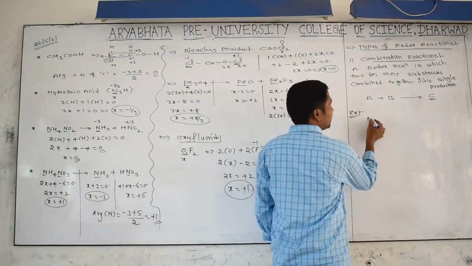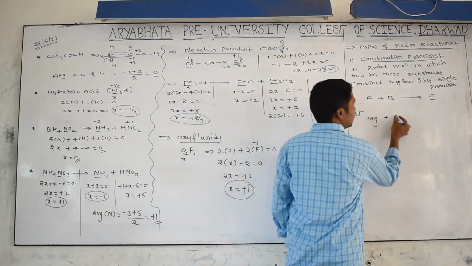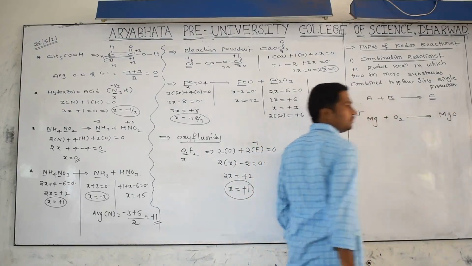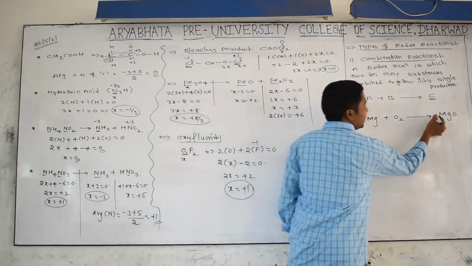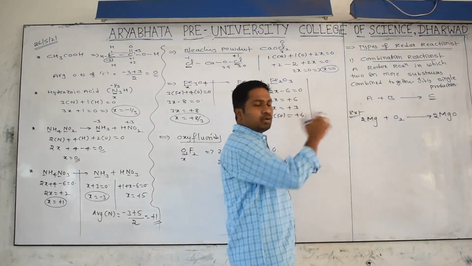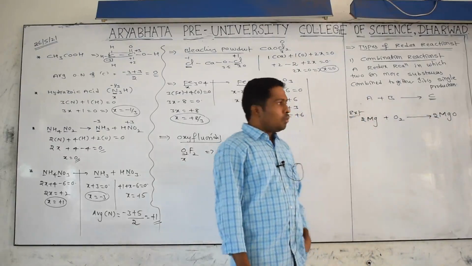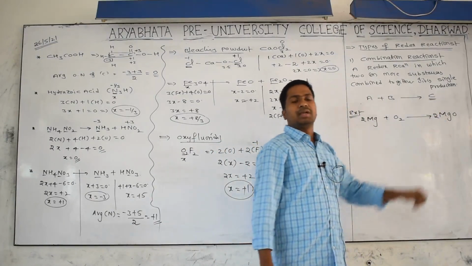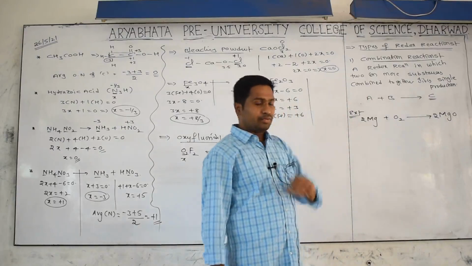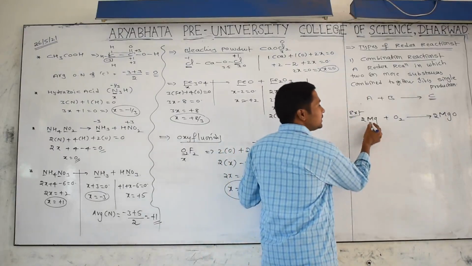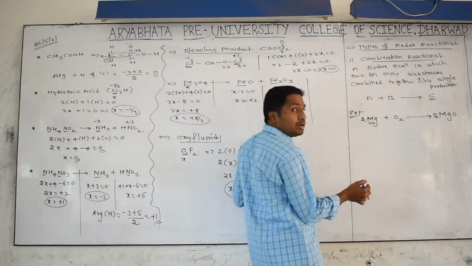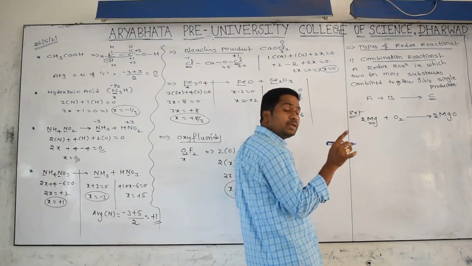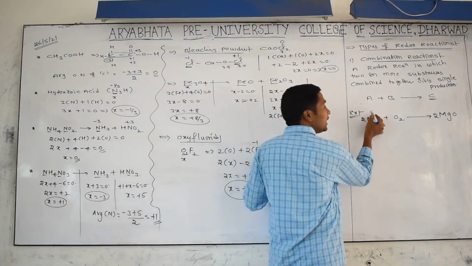For example, magnesium burning, magnesium undergoing oxidation, gives magnesium oxide. Balance it: 2 moles and 2 moles. It is one combination redox reaction. Why? Two chemicals combined together give only one product, magnesium oxide. Listen carefully. Magnesium is a metal. Is it in pure form? Yes, metals in pure form are in elementary form, which means the oxidation number of its atoms is taken as 0.